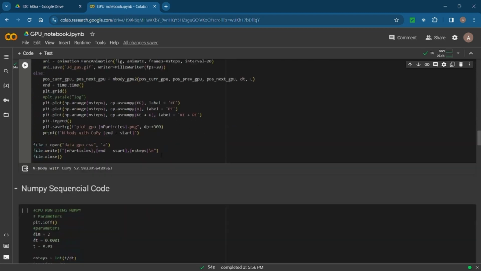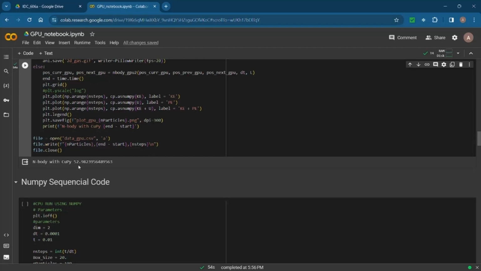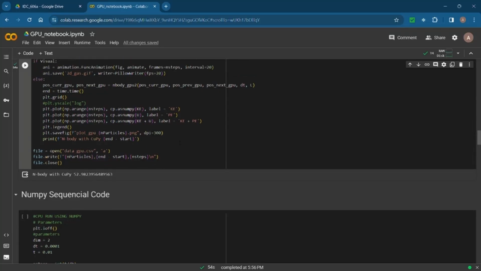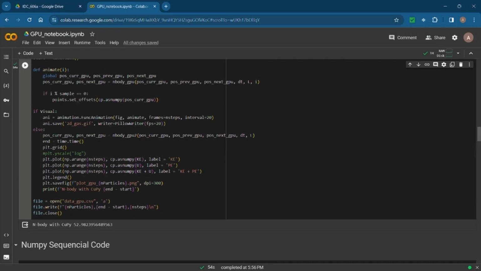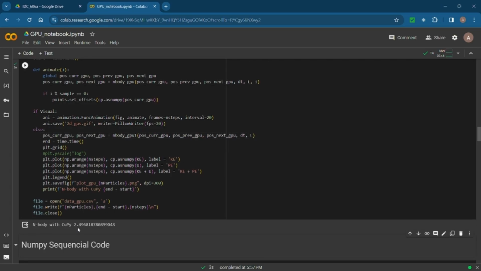So here as you can see, our simulation has run. This is for the non-vectorized version. It took around 52 seconds for 1000 particles, and the vectorized version is, I think, some 20 to 25 times faster. So the vectorized version runs much faster. Especially the GPU benefits a lot from this vectorization, because there are a lot of streaming multiprocessors there, as compared to your sequential code, right?